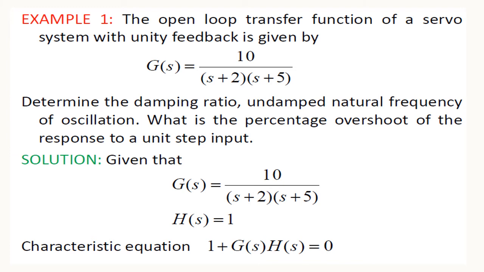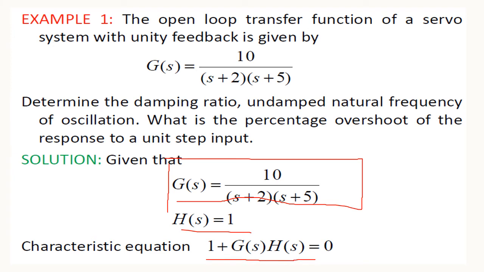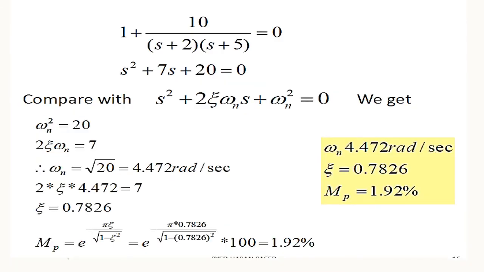So first thing, we consider the forward gain, that is G of s is equal to 10 divided by s plus 2 into s plus 5. So H of s is equal to 1. The characteristic equation is given by 1 plus G of s into H of s. So we get the characteristic equation as s square plus 7s plus 20 is equal to 0. Since it is in the standard format, I can easily compare with s square plus 2 zeta omega n s plus omega n square. So omega n square is equal to 20, 2 zeta omega n is equal to 7. So omega n is 4.472 rad per second and zeta is